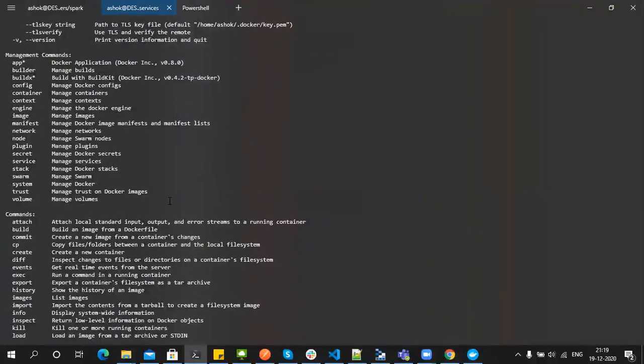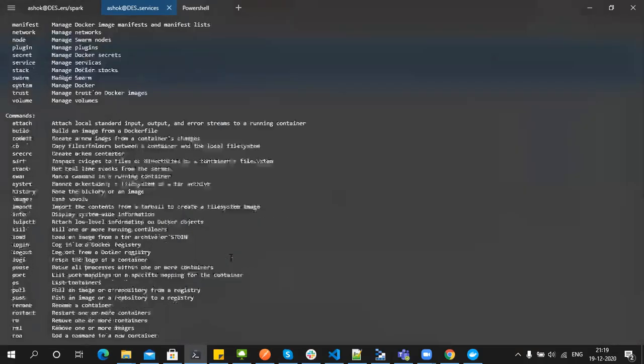With Docker, we can build an image, we can run an image, we can copy files from the Docker image to the local file system, and we can copy local file system files to the Docker runtime environment. We can snapshot the Docker image, and we can exec. Like if you want to go into the Docker container and check whether the logs are up to the mark or not. All these things are done with Docker itself.